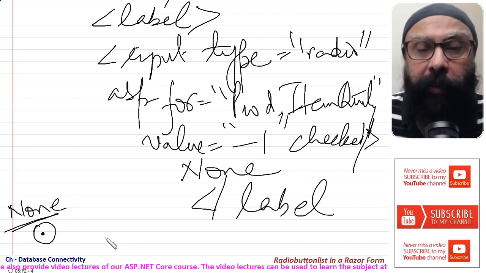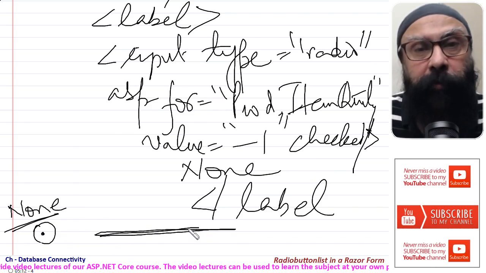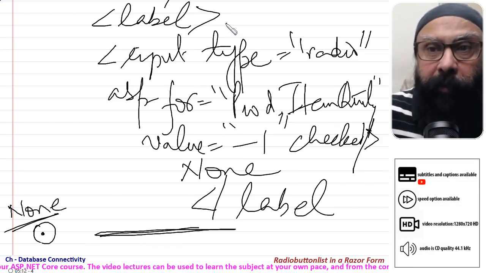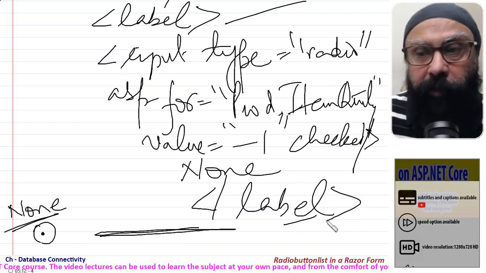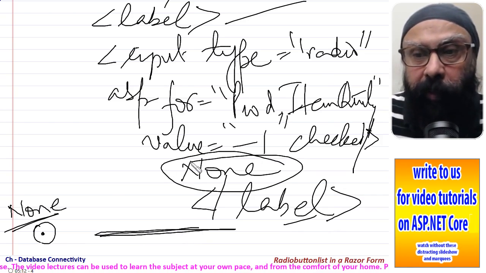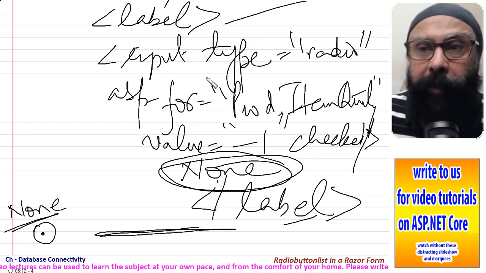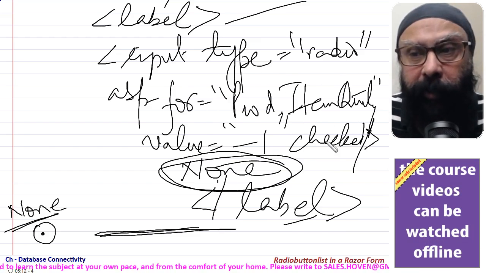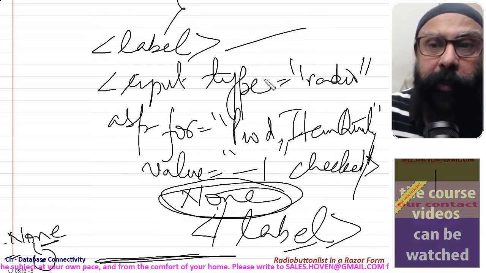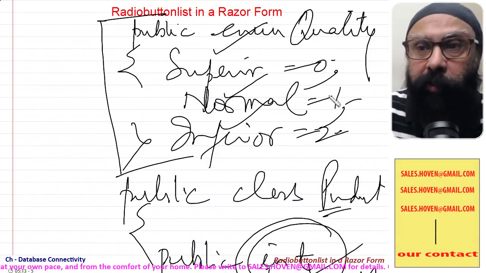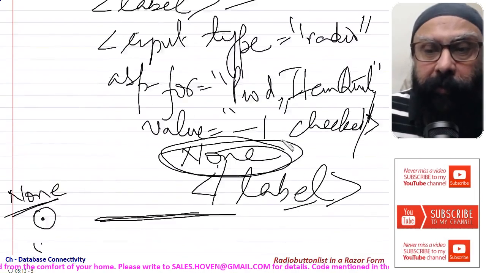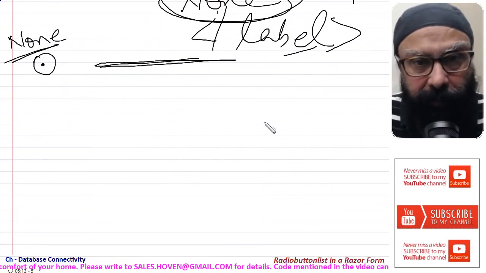As you can see, the remaining 3 items will be obtained from the enumeration. I will repeat: there is a label, the label closes here, the text of the label is here, and input type is radio, ASP for prod dot item quality, value is -1 and checked. I have given -1 because the values for these are different, 0, 1, 2. So -1 will mean that none of them is selected.